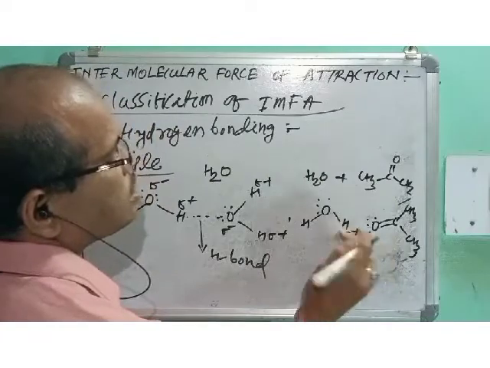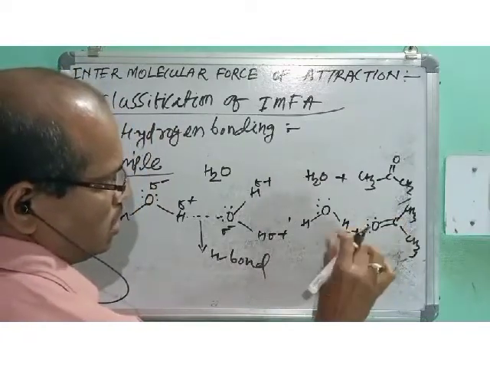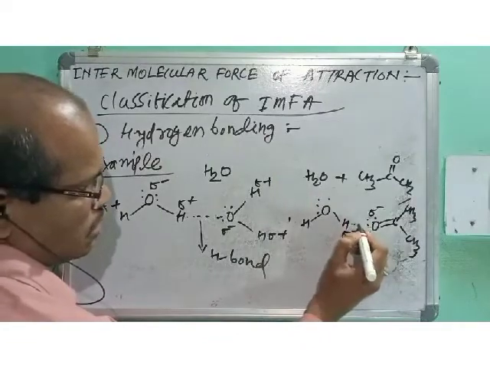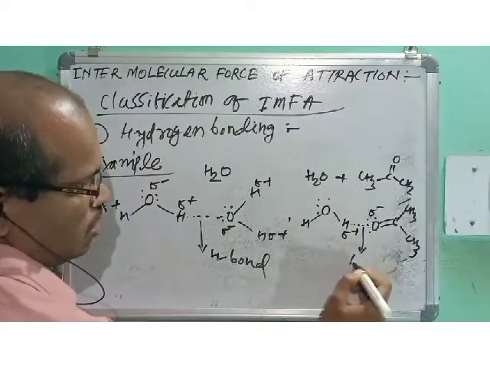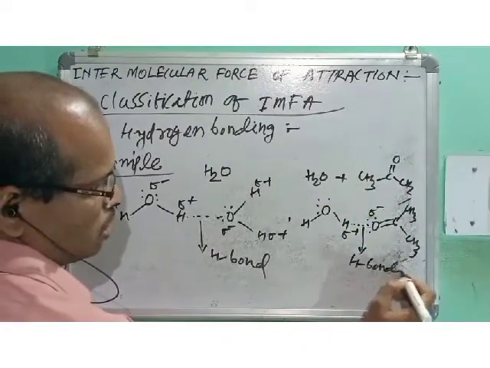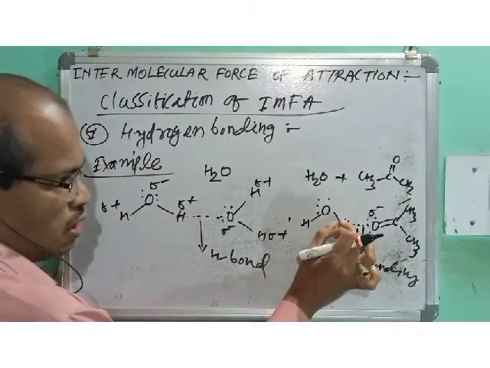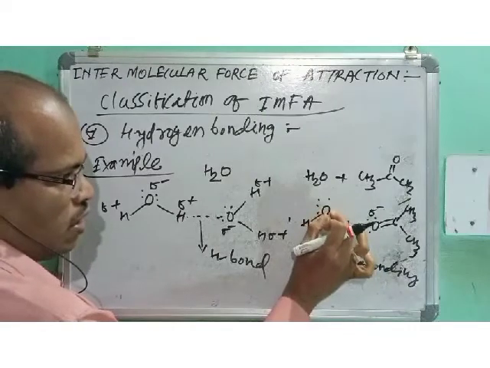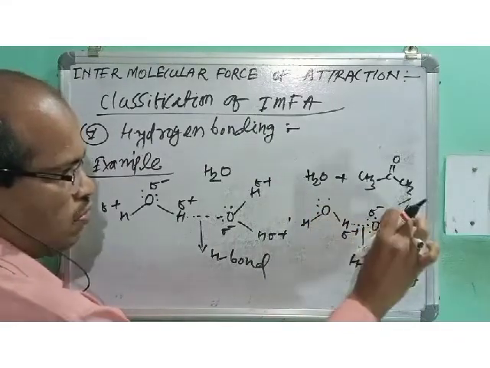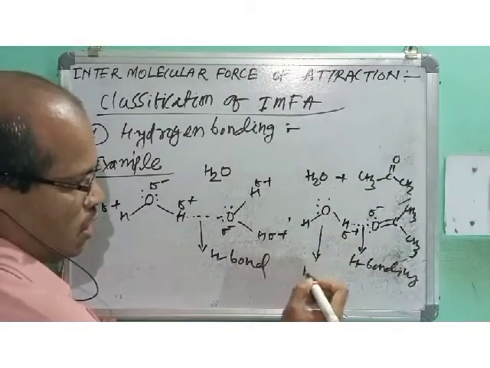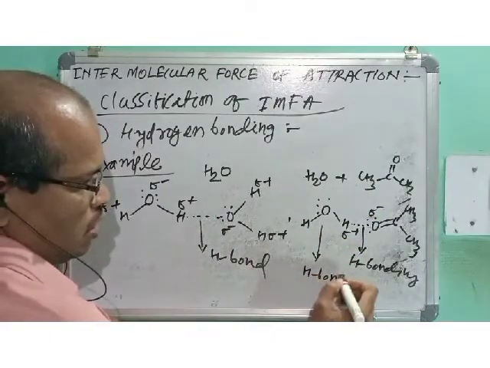Now this hydrogen and this oxygen, this is delta plus and delta minus. So that is a force of attraction, that is electrostatic force of attraction. This is hydrogen bonding. So here the hydrogen of water is involved in hydrogen bonding, and here the oxygen atom of acetone is involved in hydrogen bonding, and here this water we can call this is hydrogen bond